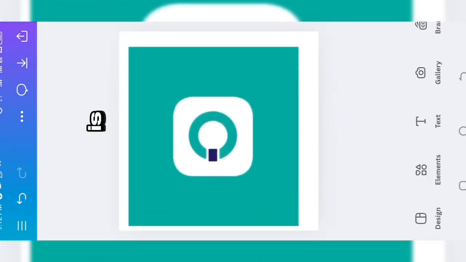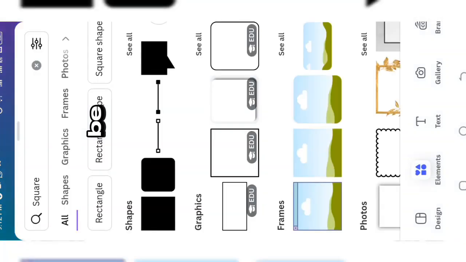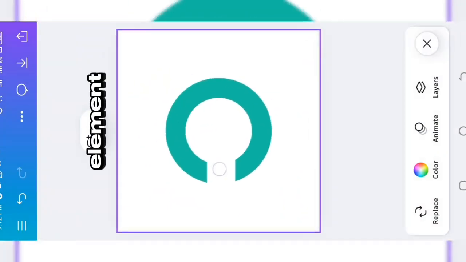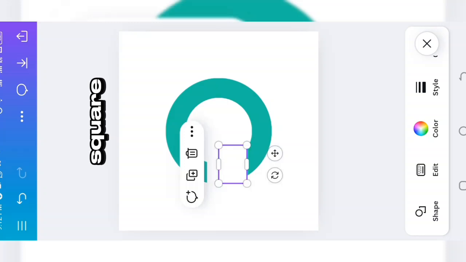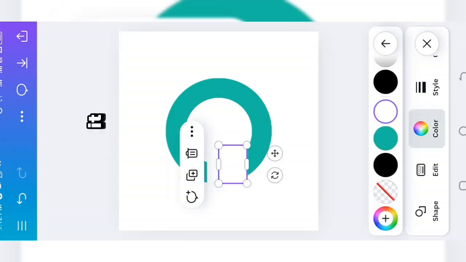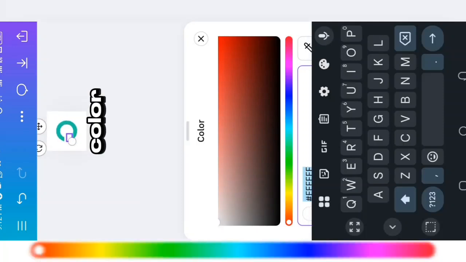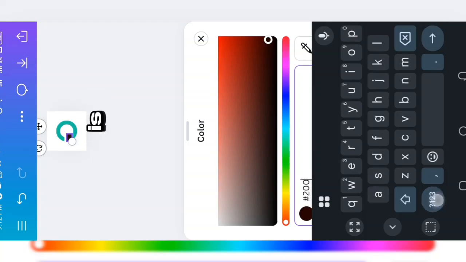Next up is our next shape, which is also going to be square. Yes, so click on elements, or instead of doing that, just copy this square that is here already, copy it and change the color code. Click on color, click on the plus sign and type the color code. The color code is